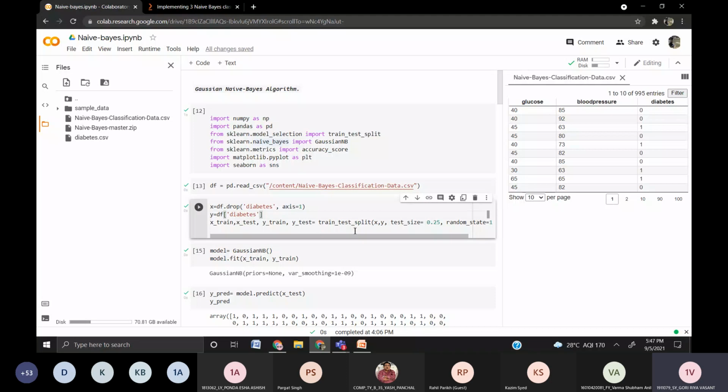We split the data set into testing and training. The test size is 25%, and the random state is 1. What random state means is it's used to set the seed for a random generator, so that we can ensure that the results we get can be reproduced. Because we split the data with a random technique, sometimes when we use the train-test split without the random state, we can get different values every time.